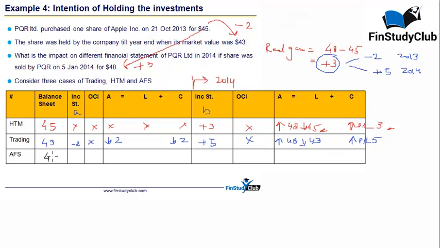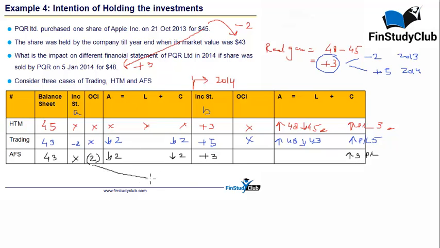Here, the valuation gets done at the fair value, which is mark to market fundamental, however, not recognizing it in the income statement but in the OCI. So your assets are going down by 2 and the capital also by 2. In the next year, we have to be careful that out of the total gain of 3, we haven't booked anything. Therefore, only a portion of 3 should come in here. My income statement goes up by 3.